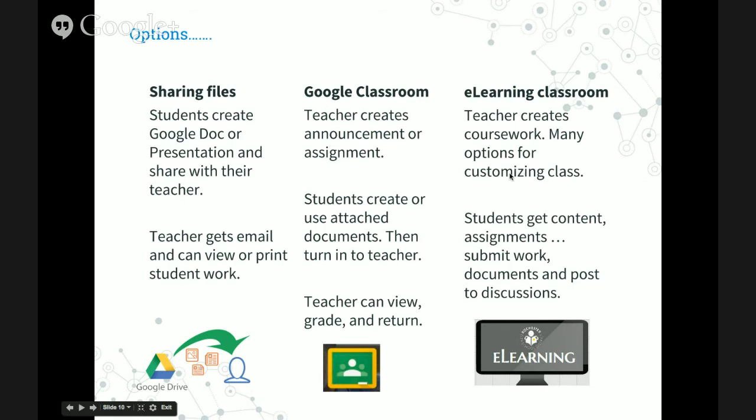You create the coursework. There are more options for customizing your class. The students will get the content, the assignments, submit work, and post to discussions in e-learning. So those are the 3 choices that you have. And again, we're giving you an overview so you can select what makes sense for your students in your classroom.